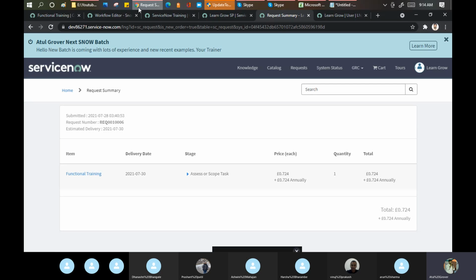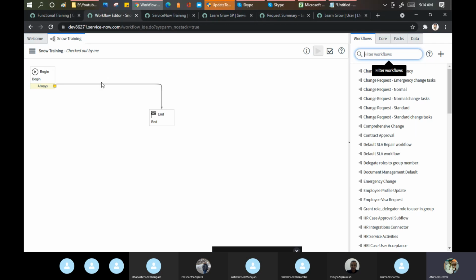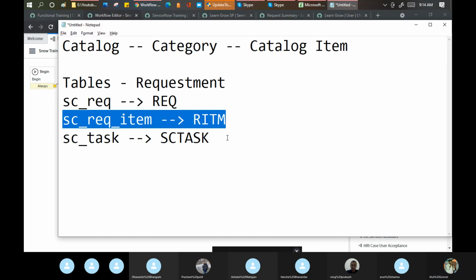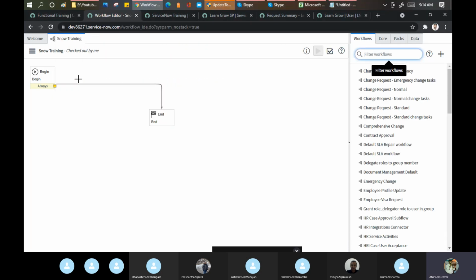So I'm putting a table here, meaning if any record is created in the SC_REQ_item table, you have to run this workflow. Again, simple. Your mom told you how to make a cup of tea. If any guest came or you want to have a cup of tea, you can go and make tea for yourself easily now.